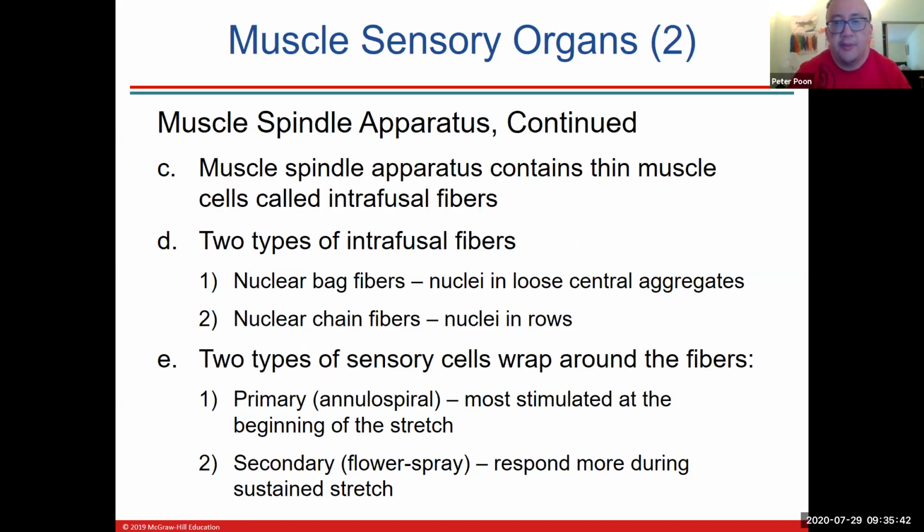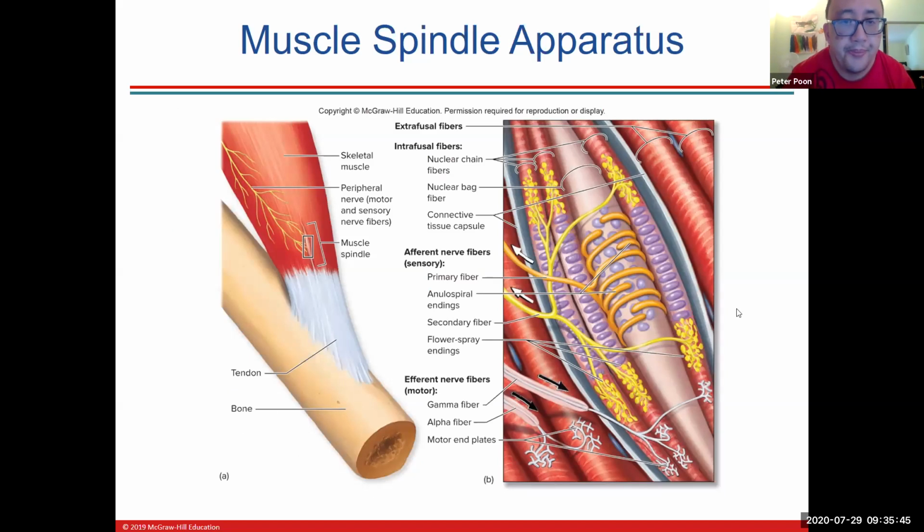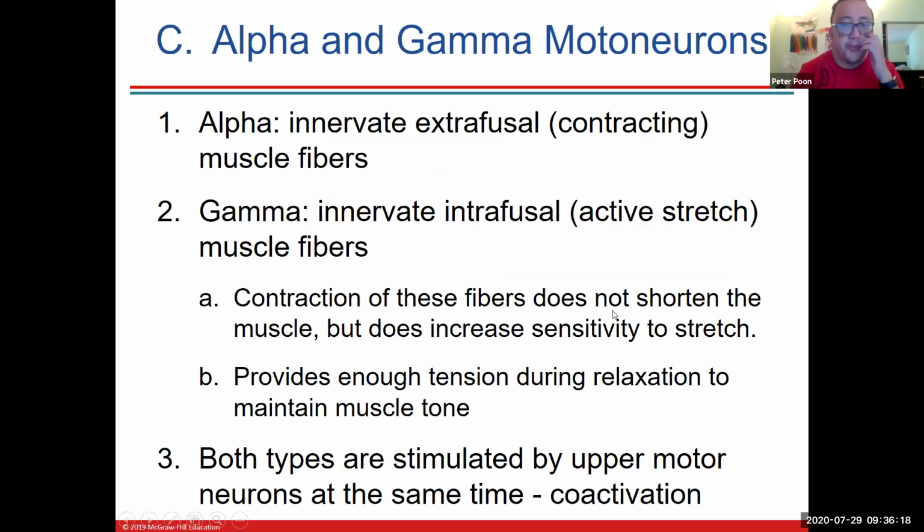So let me show you what this looks like. Here you have the gamma fibers, the alpha fibers, the extrafusal fibers, and the intrafusal fibers right in the middle. So you have alpha and